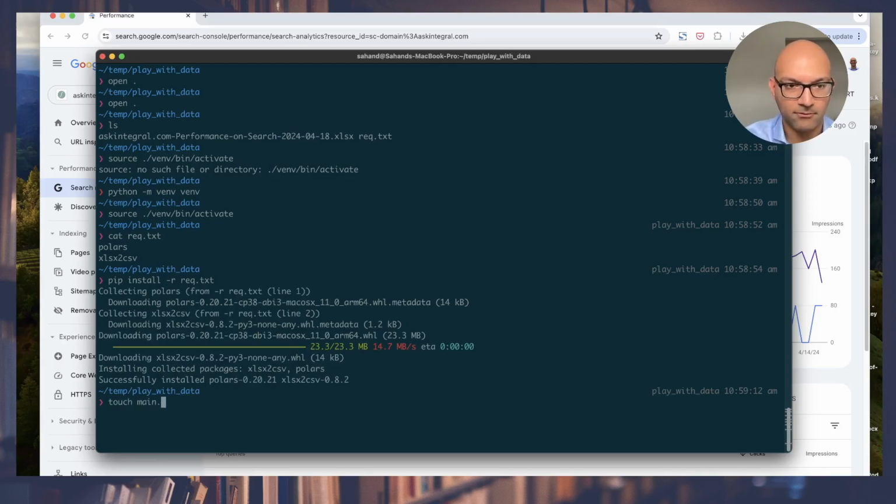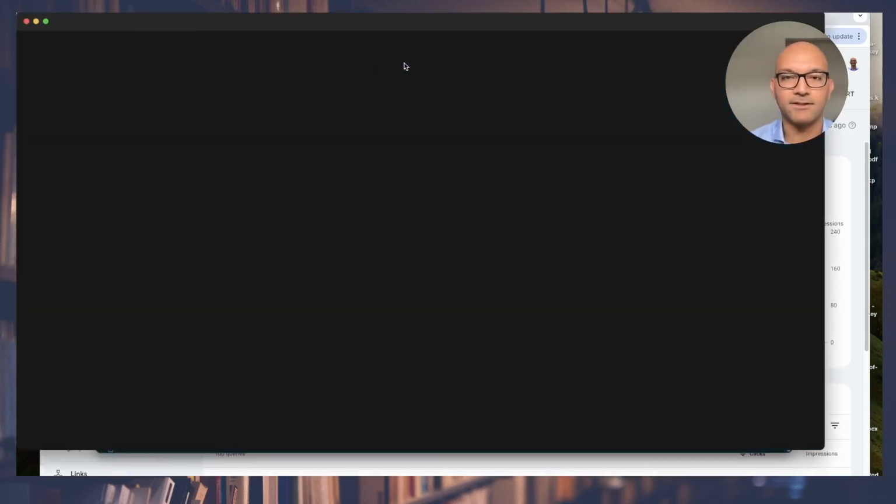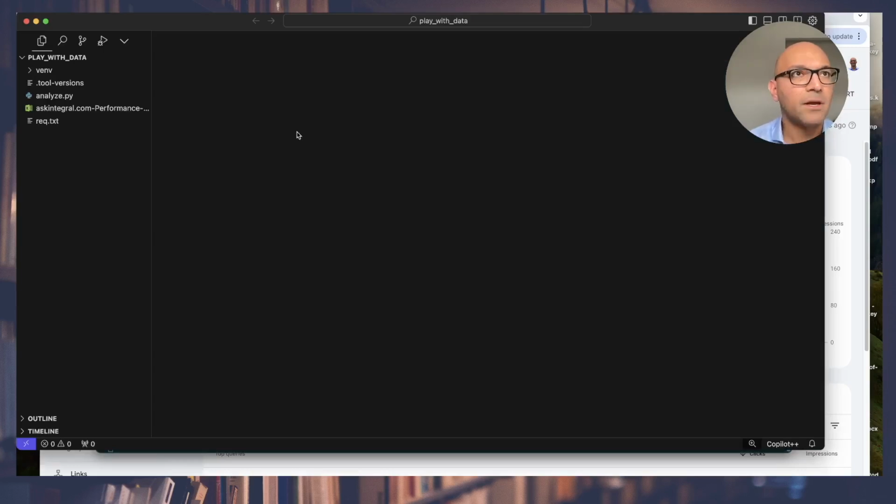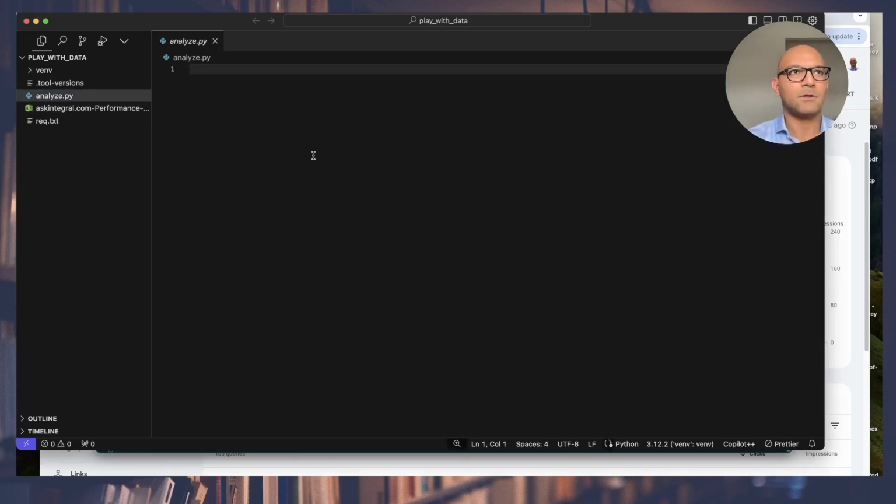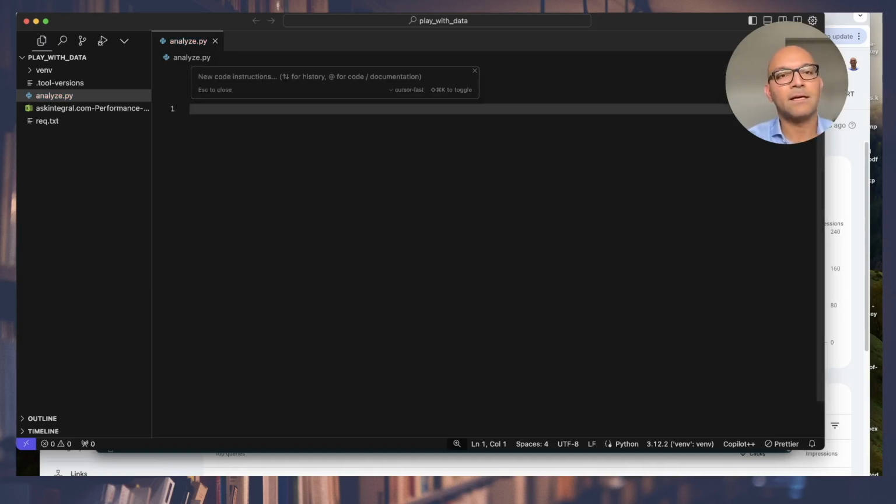Beautiful. So now I'm going to create a file called analyze.py. And now we are going to use AI to help me with writing the code that analyzes the data for us. First things we have to do, well, you know what, I'm going to actually just tell it to generate